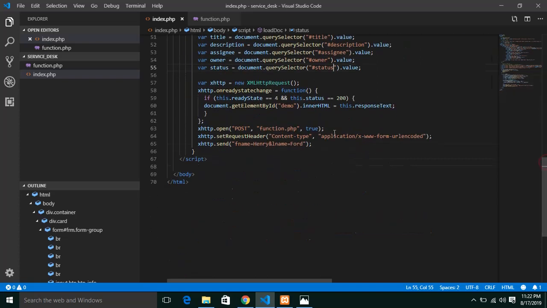So we are getting these 5 values and we need to pass these values, right? So this is very simple, so we'll just add this title, but we need to pass this value. So plus title plus description plus description plus assignee plus assignee plus owner equals plus owner plus. So another is there, we have status equals plus status plus,